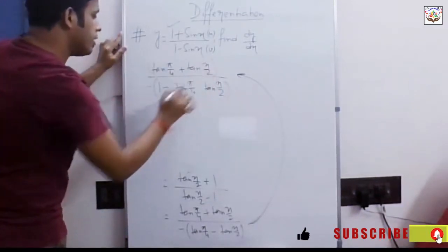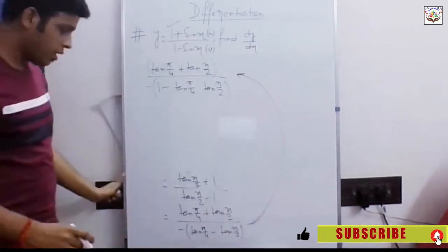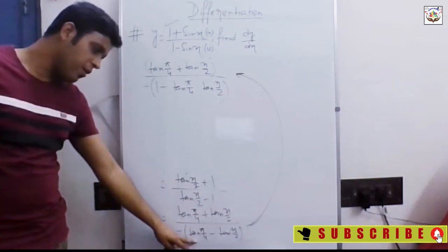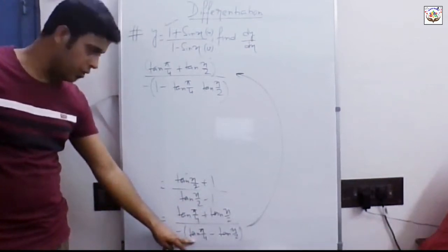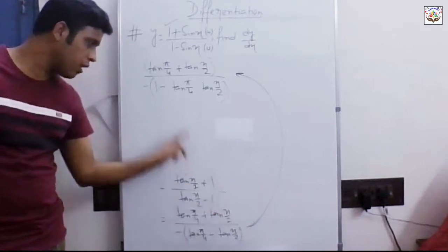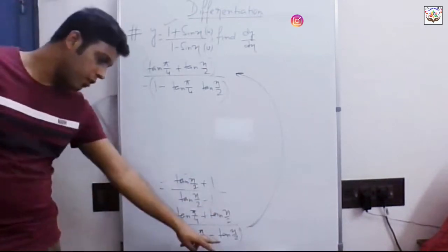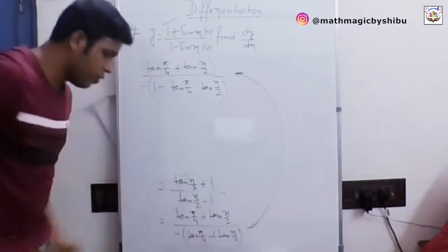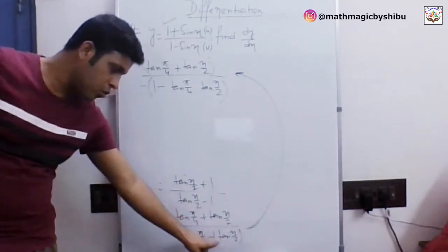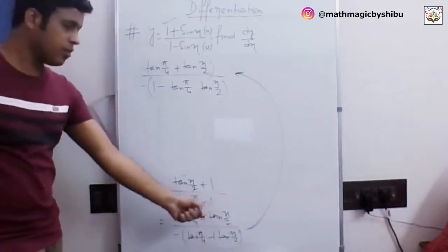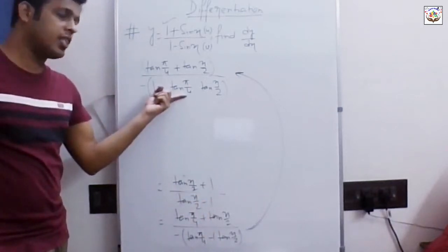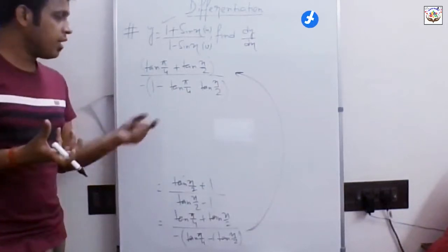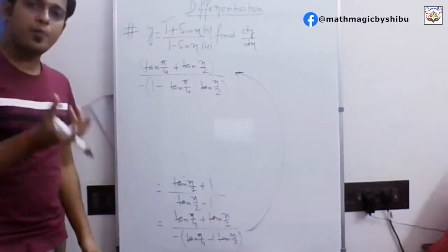Why am I writing in this manner? Because I have converted this one as 10 pi by 4. So this is not required actually. We can keep this one as 1. Okay, and for this part, here we will be assuming a 1. We will assume this 10x by 2 equals 1 into 10x by 2, as 1 can be represented as tan pi by 4.